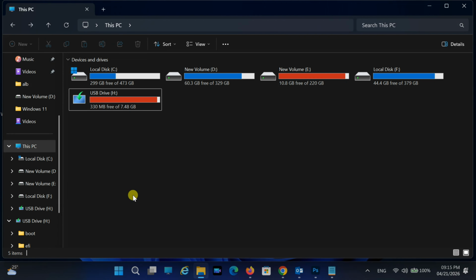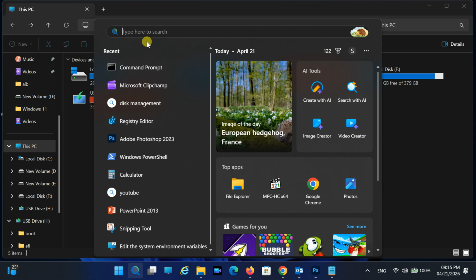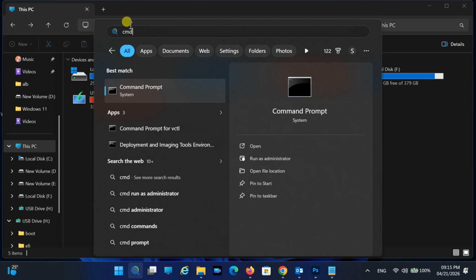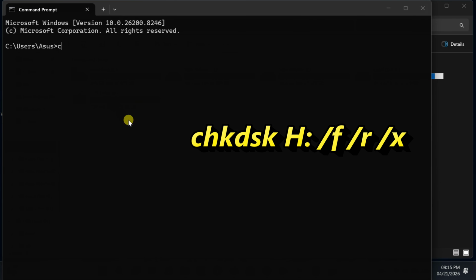First, connect your drive. In this example, we're using the H drive. Now click on the Start menu, type CMD. Open Command Prompt. In the Command Prompt window, type the following command: CHKDSK